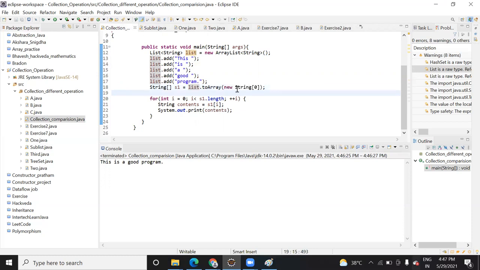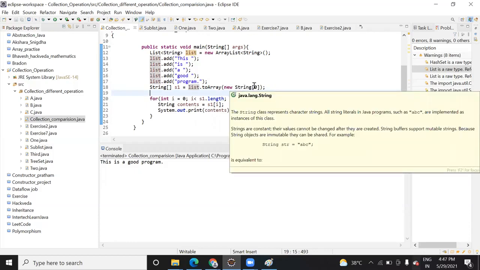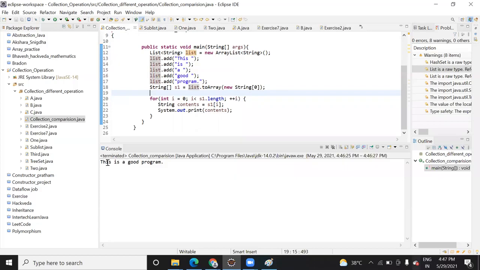Why do we specify this new String[0] here? So that it will start from the 0 index, and this represents that it will hold string data. So the starting index will be 0, and what will be the index of this in this case? 0.